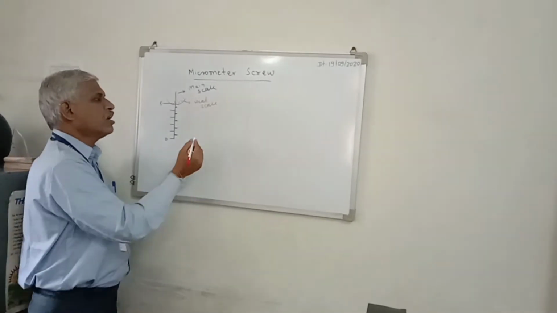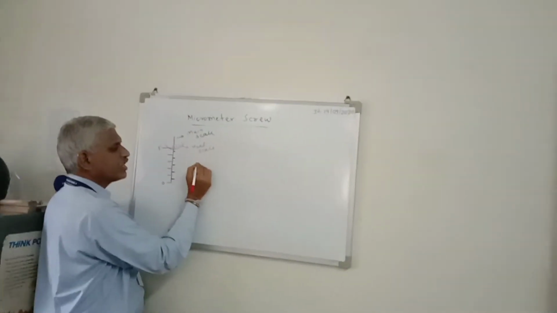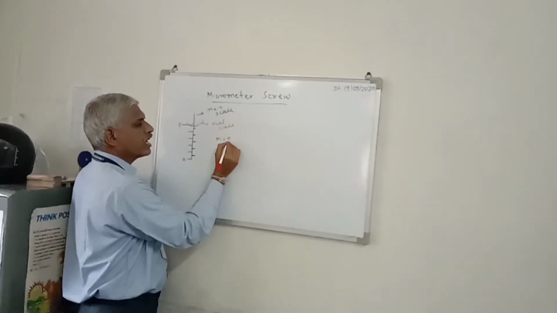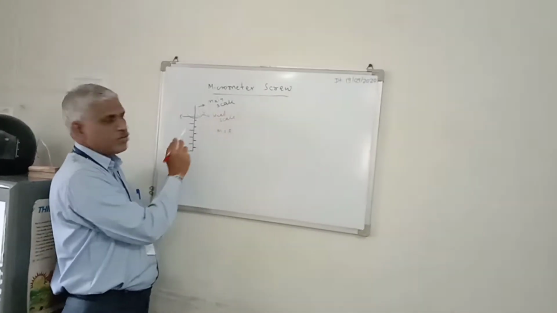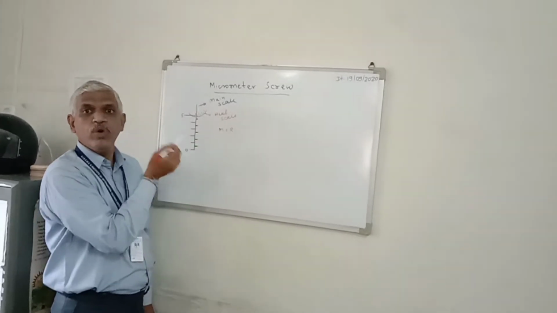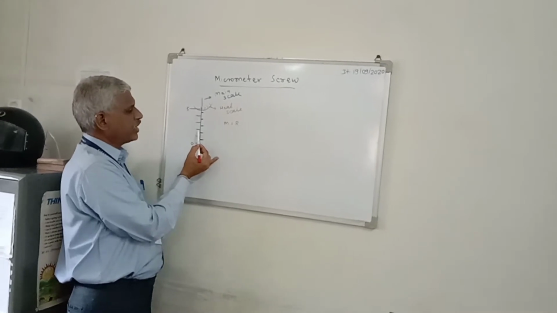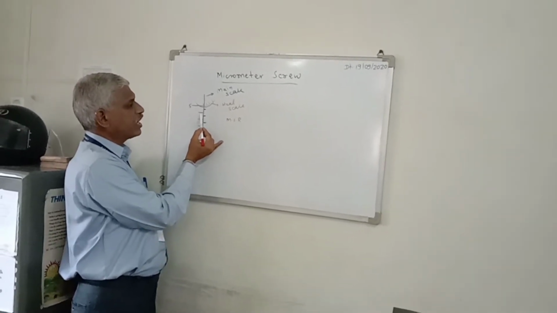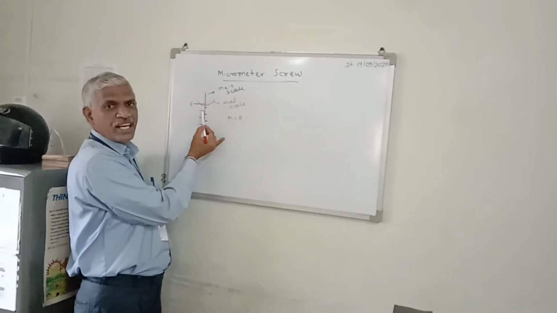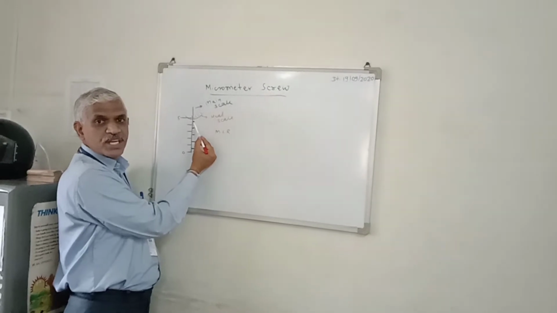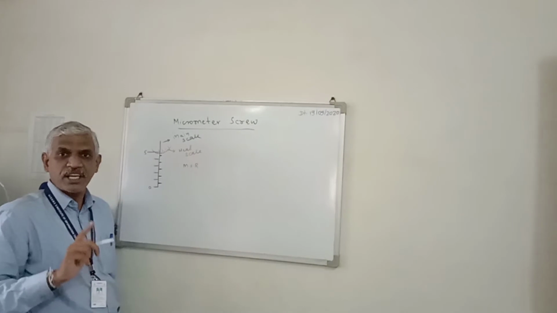When we are using a two scale instrument, we first have to consider the main scale reading. The main scale reading is the completed division by the head scale with respect to the main scale. So you can refer here: 1 mm completed, 2 completed, 3 completed, 4 also completed. But if you say 4 mm is the reading, then this half division completed on the other side of the vertical line is not considered by you.